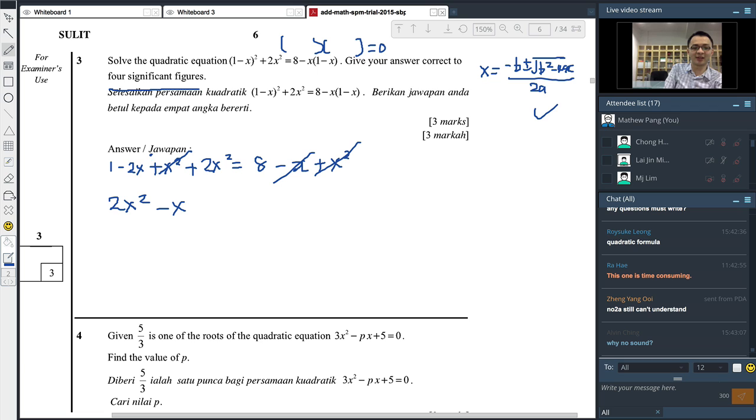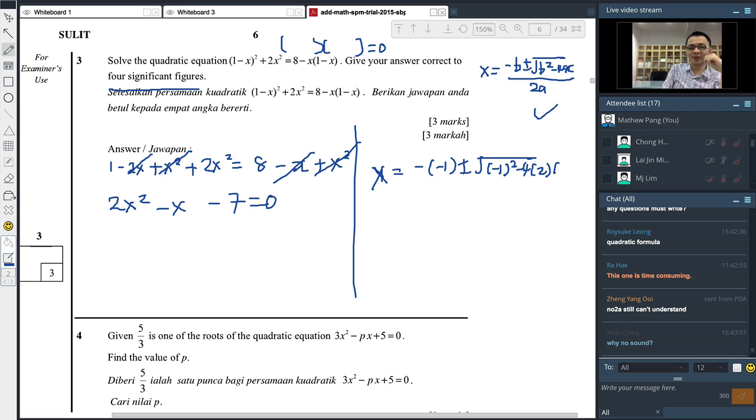So these two I settle. So 8 I move here with minus 7 equal to 0. Right, then I will substitute into this formula. So I will say x equals negative b, b is negative 1, plus minus square root of negative 1 squared minus 4, a is 2, c is negative 7